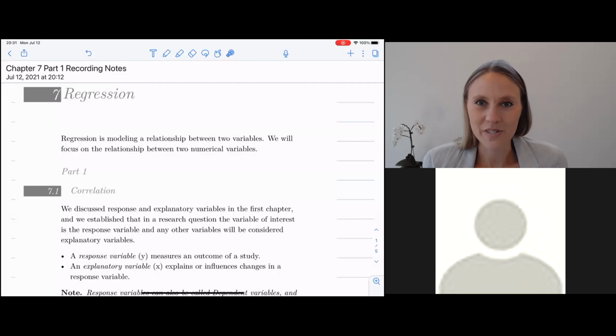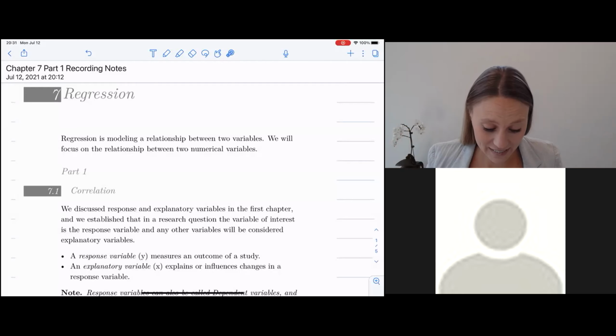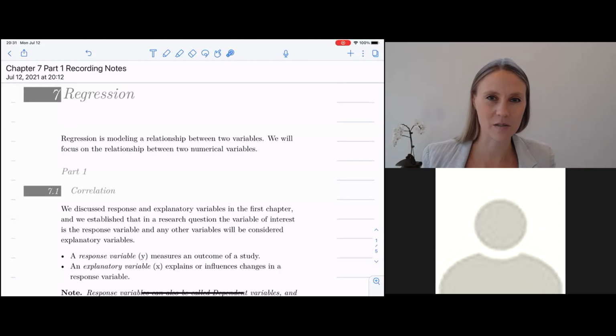Finally, chapter 7. It's bittersweet, right? It's our last chapter, but it's also, I think, the most fun chapter. I save it for last because it kind of ends us on a high note, which is always nice. And it's going to build on basically building straight lines, which is maybe familiar from other math courses you've taken